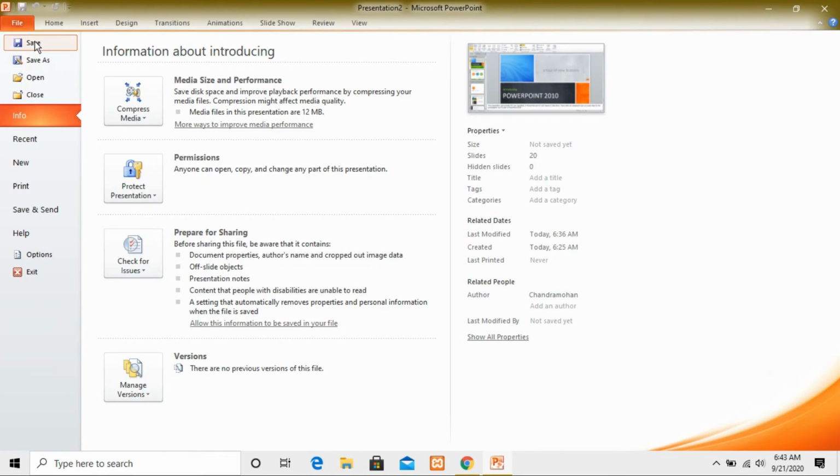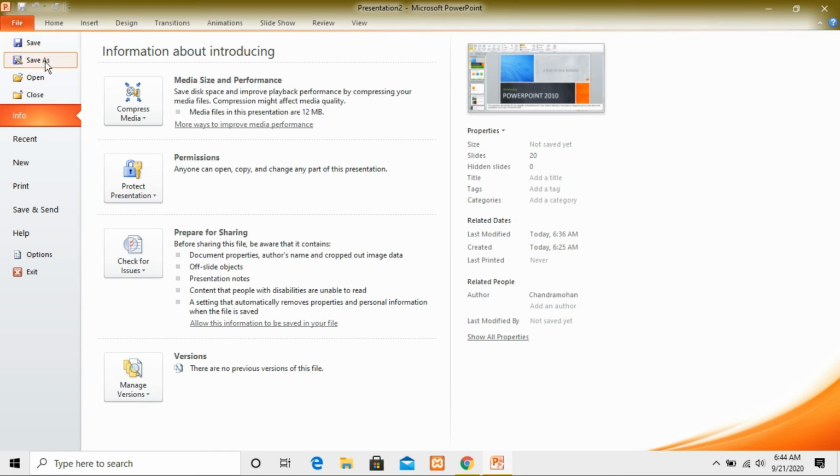If you want to make a new file, then you have to click on save. If you are already working on a PowerPoint presentation, if suppose you already have a file and you want to save some content in the existing file, then you will use the save button.